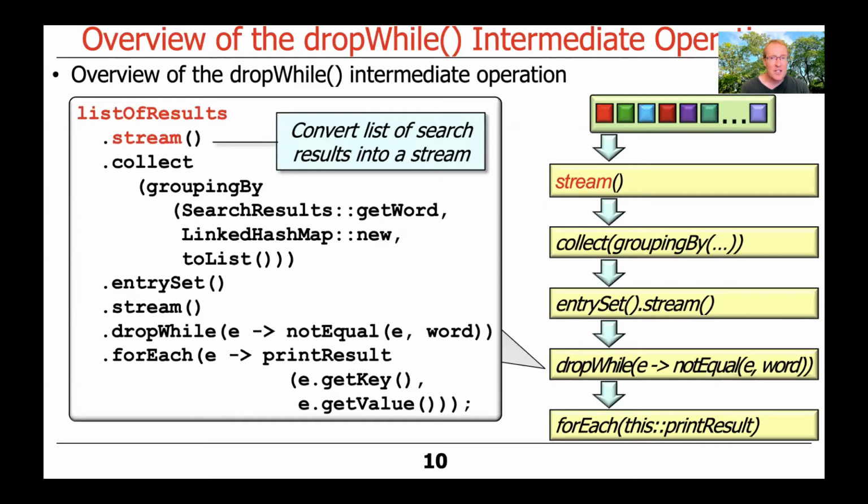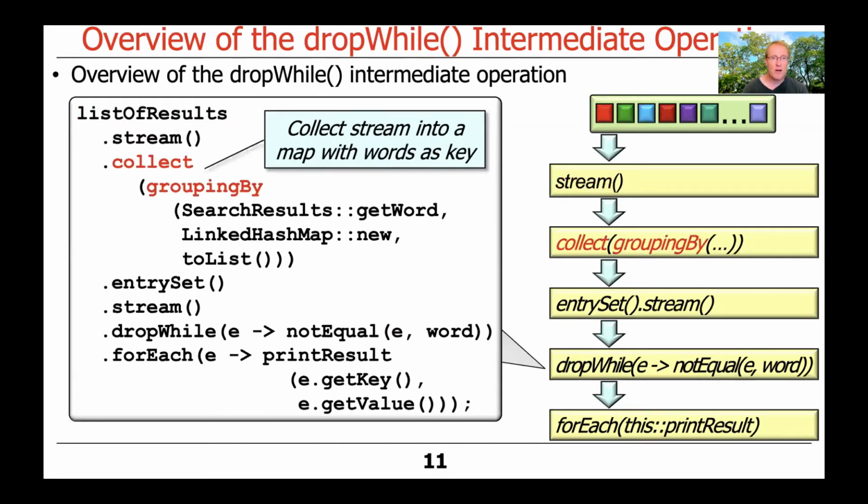So we take that list of search results, convert it into a stream, and then collect that stream into a hash map, and we'll talk more about how this works later. The hash map's basically going to map the words, like do, re, mi, and so on, to